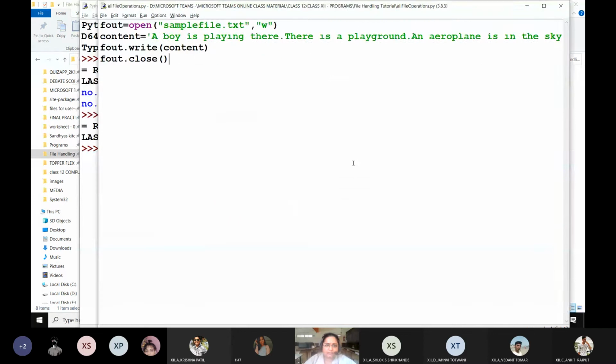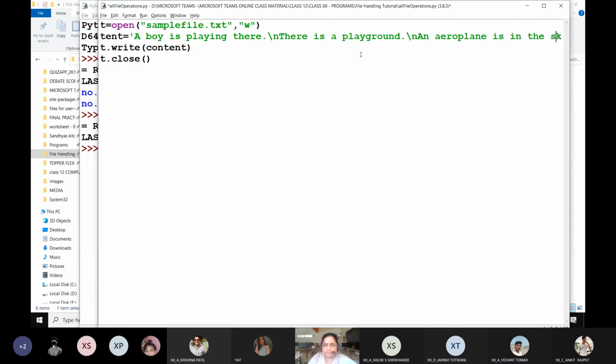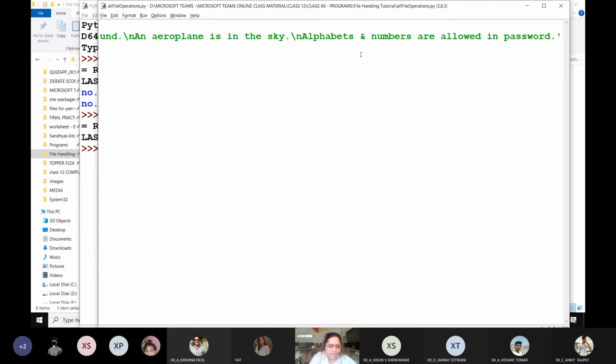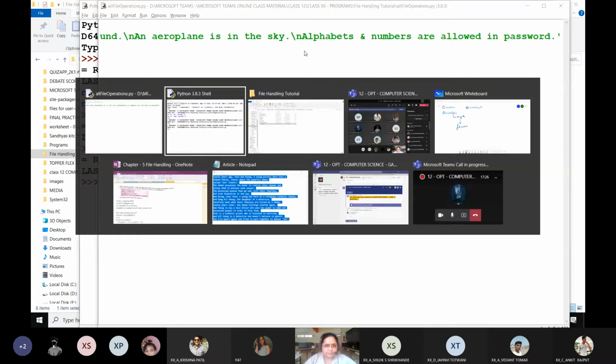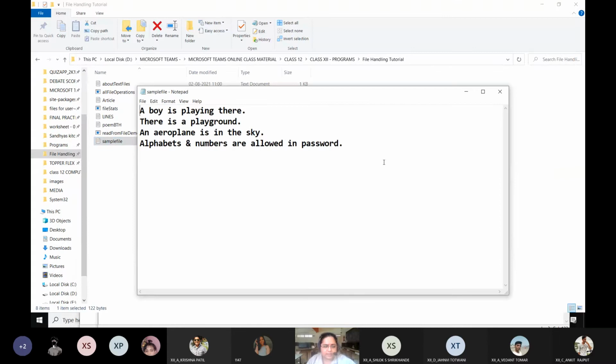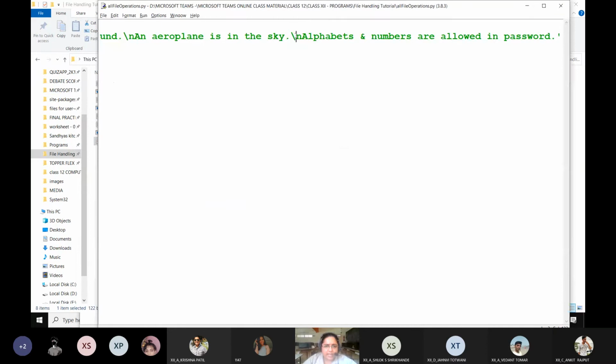So for changing the line, I have to make changes in this. Alternatively, I can include a /n after the full stop. It will automatically include a /n character. I am going to run the program once again, and now let's check. Now you can see that the lines have been changed. Why? Because I had provided /n character. So wherever it found a /n character, it inserted end of line character in the file.